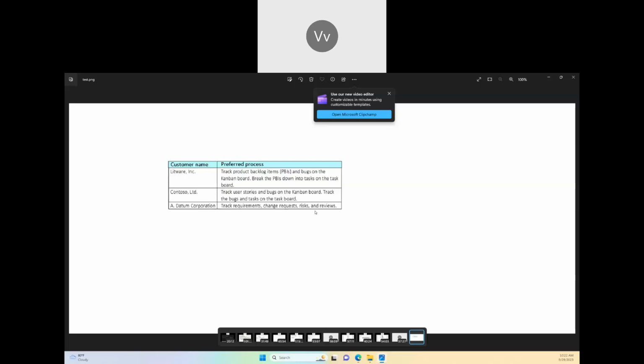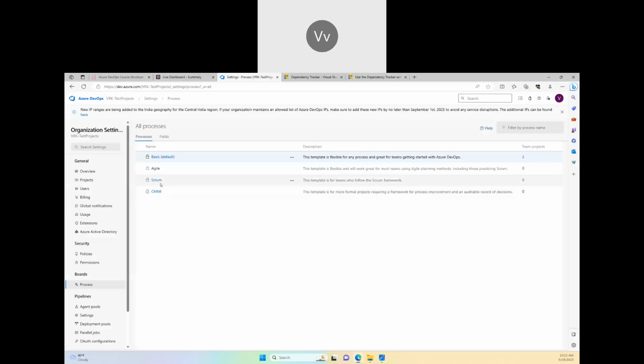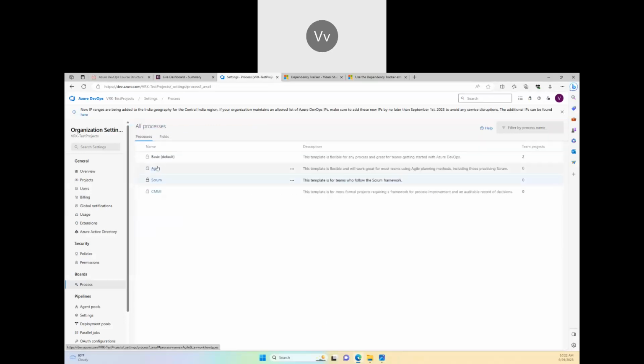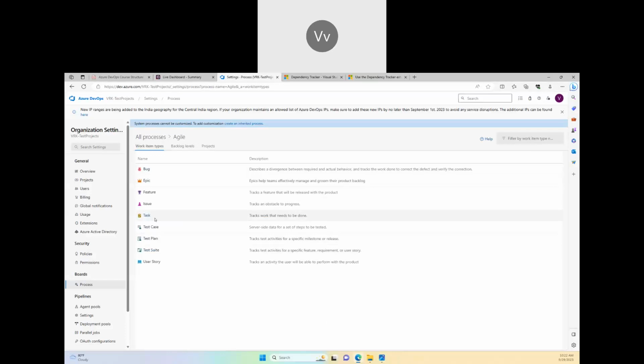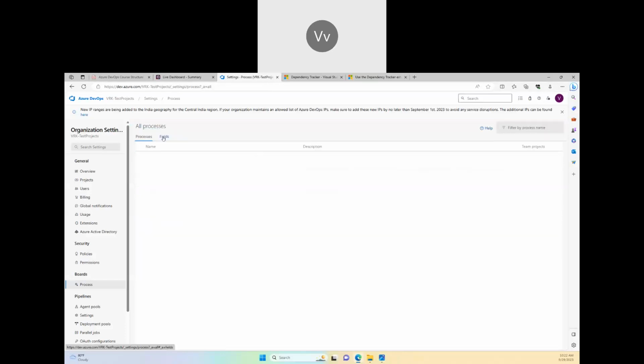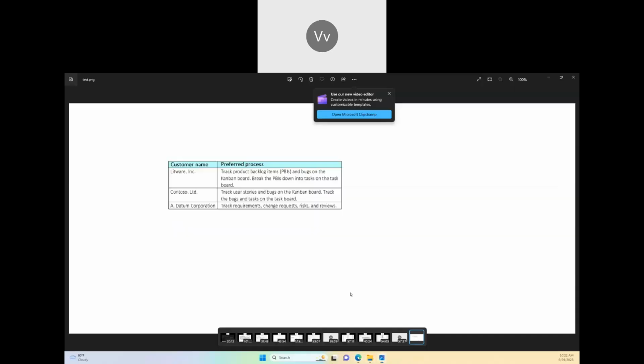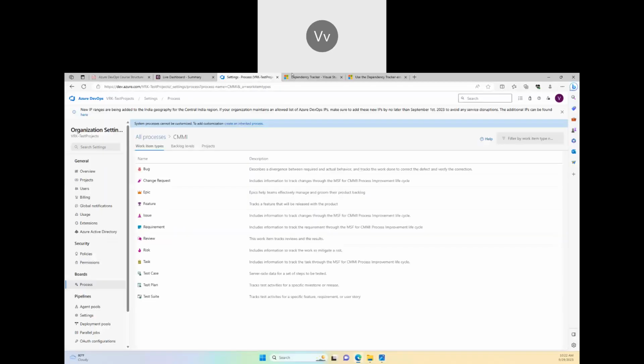Track change requests. I think this is again back to the first question which we went into. The first question is trying to talk about change requests, risk and reviews and all that. So Scrum will give you a more deeper approach to break down your product backlog items, and Agile doesn't give that. Here in CMMI you have the reviews, change requests, and all that. So back to the question,